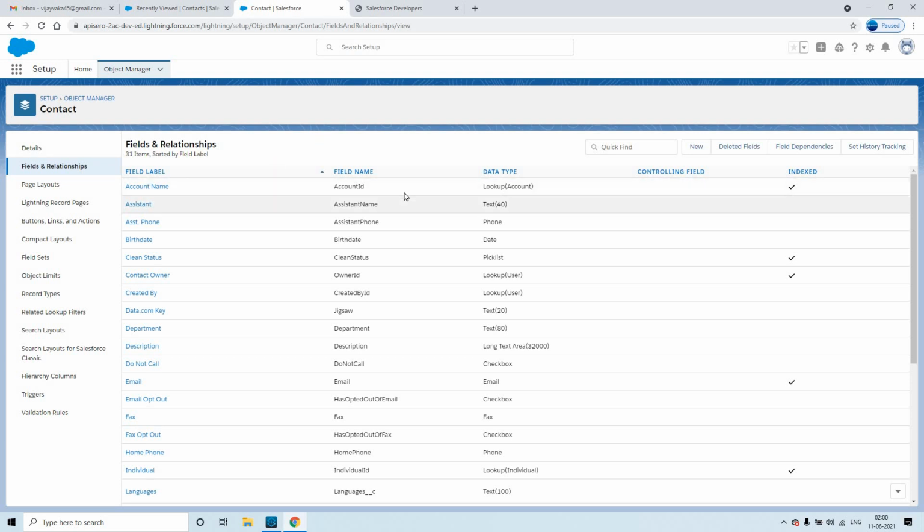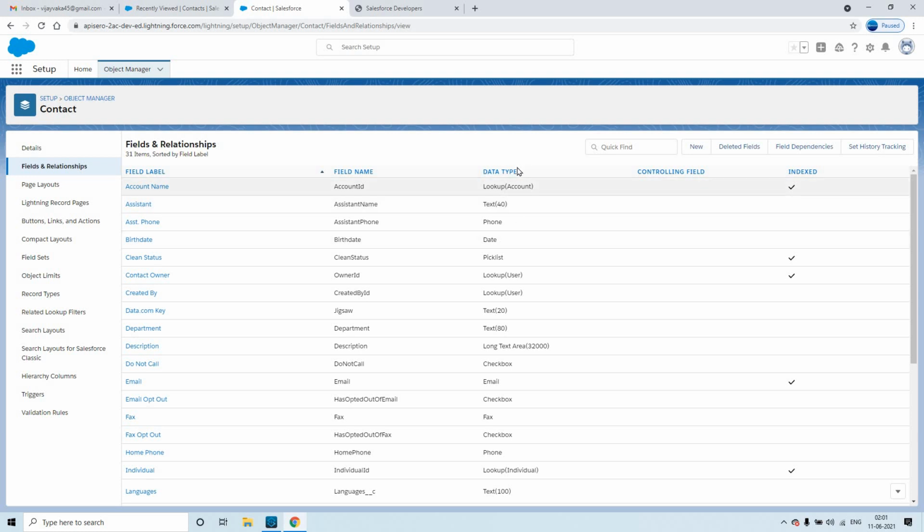This is the actual name, and this is the label, which is used just for display purposes. That's it. In order to access a particular field within an object in Salesforce, you have to use the field name, not the field label. That is what you have to remember.